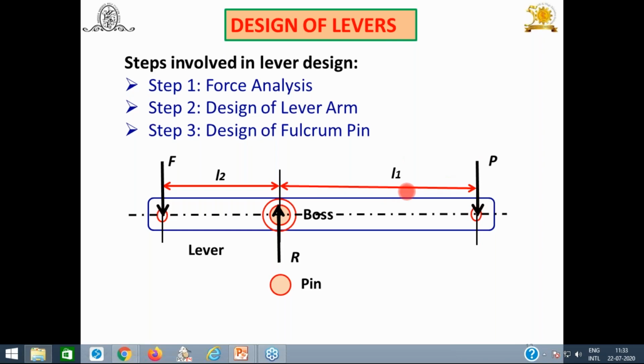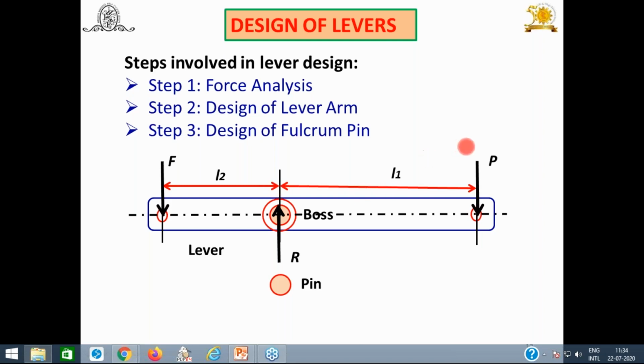Look at this L1. L1 is measured from the pivot. Now this pivot or this pin, look at this. L1 is the effort arm, the distance measured from the pivot to this force P, but perpendicular to the force. This is important. If P is inclined, you don't measure it as L1, you take the perpendicular distance. Then look at this load. It is at the other end, F. Again, L2 is the force arm or load arm distance, again measured perpendicular to this force.